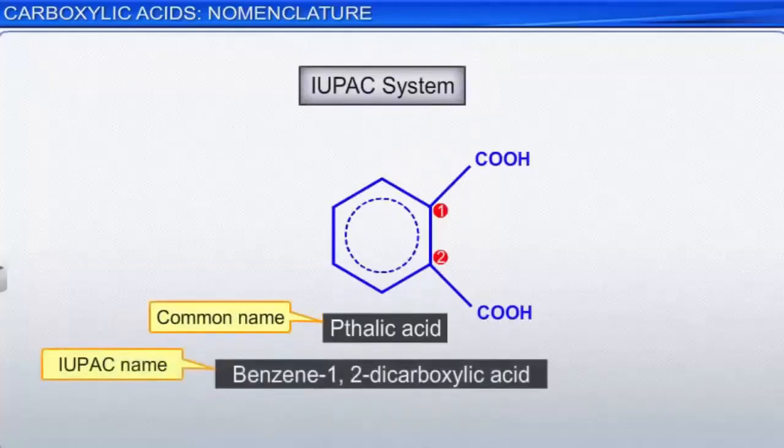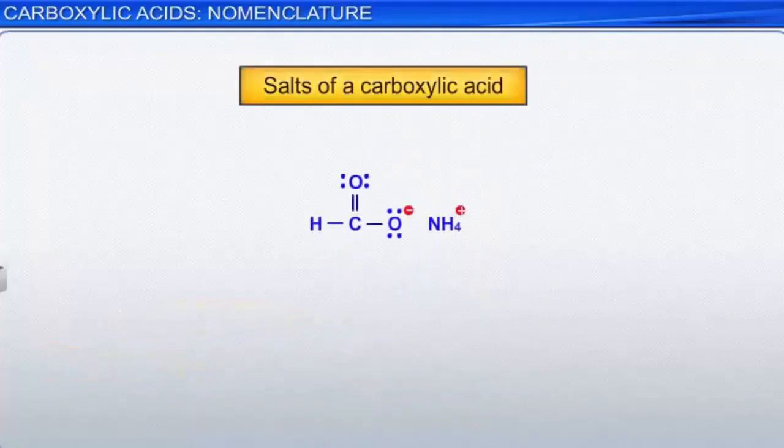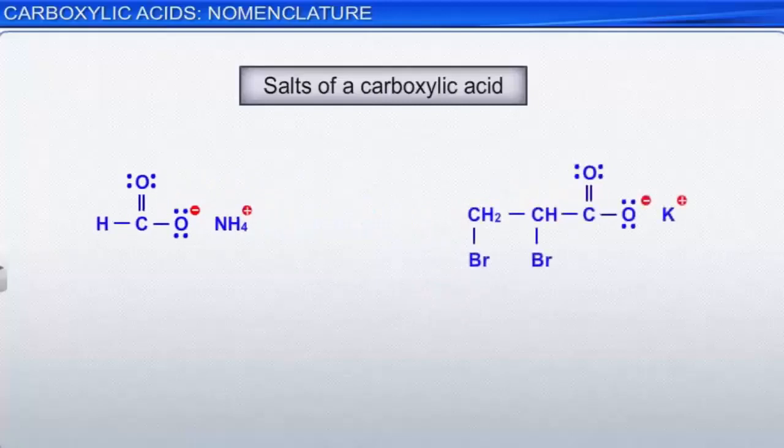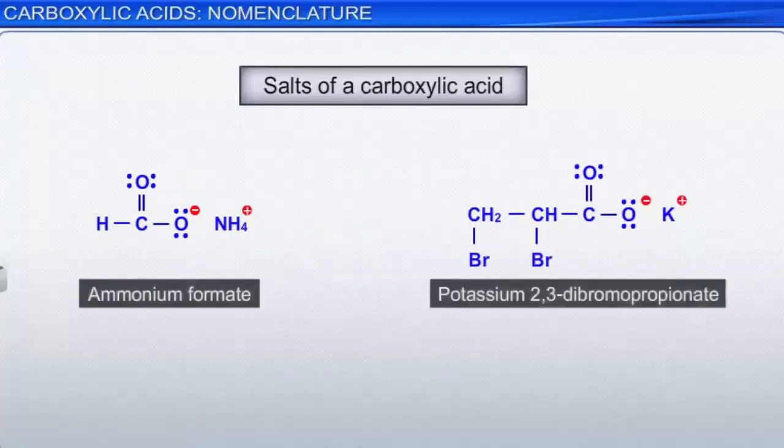The name of a salt of a carboxylic acid consists of the name of the cation followed by the name of the acid, with the ending IC acid being changed to ATE. For example, the compounds given here are named ammonium formate and potassium 2,3-dibromopropionate,